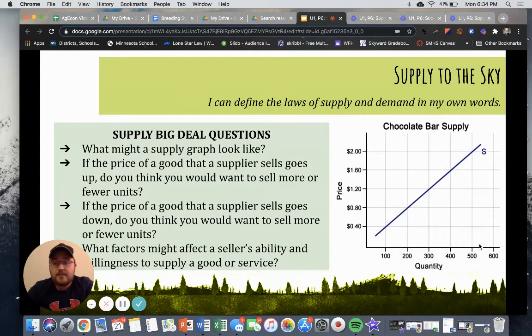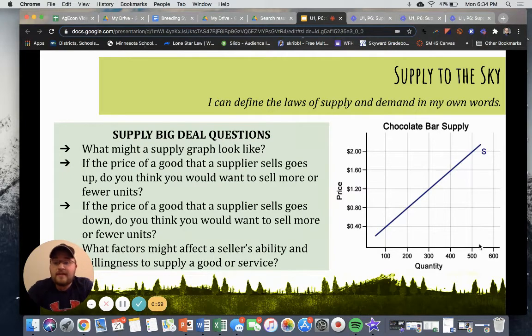And again, this goes back to production possibilities frontiers, right? So let's say that this company fictitiously can produce chocolate bars or it can produce Little Debbie snack cakes, right? If the value of chocolate bars is going down and consumers aren't going to want to buy as many, perhaps the company should look into making Little Debbie snack cakes instead, because the value might be perceived differently by consumers. They may want to buy more of those, therefore helping increase profit and revenue for the company.